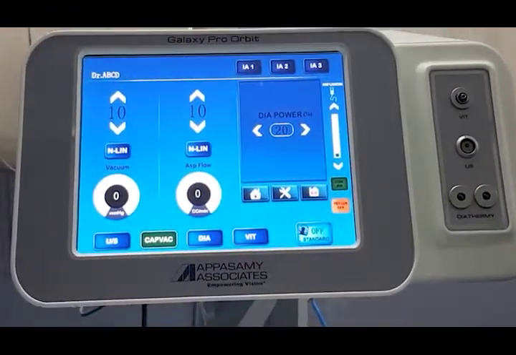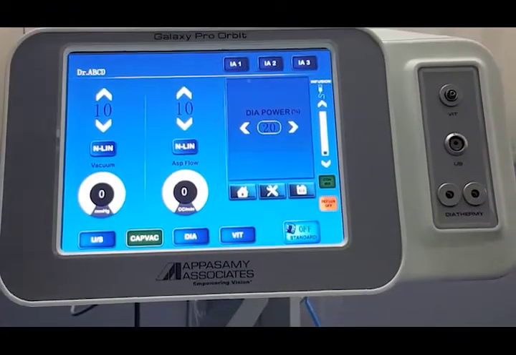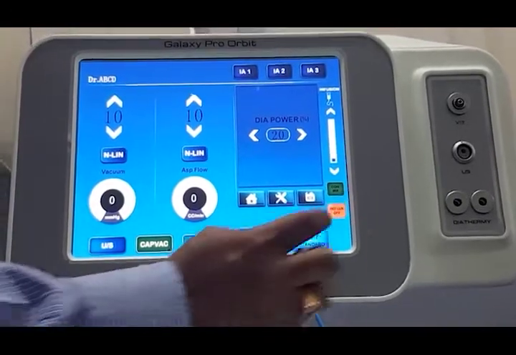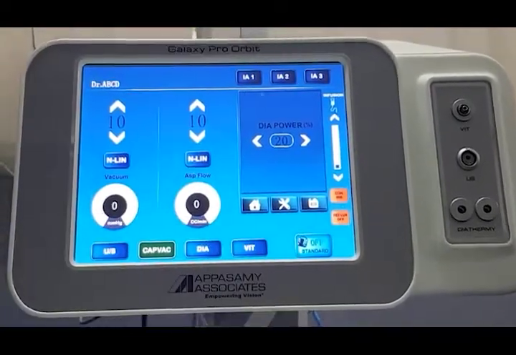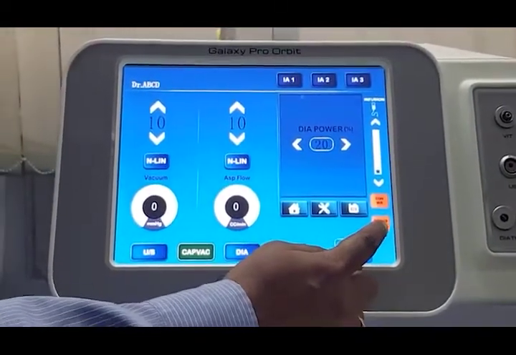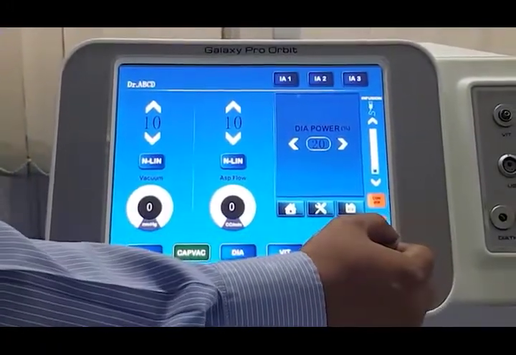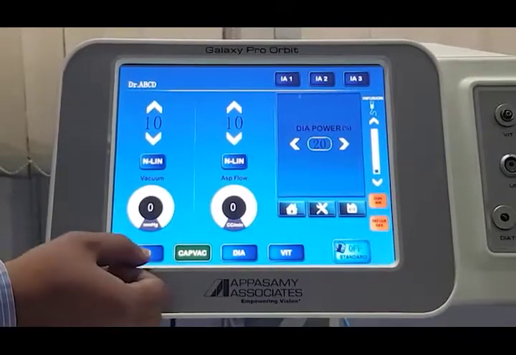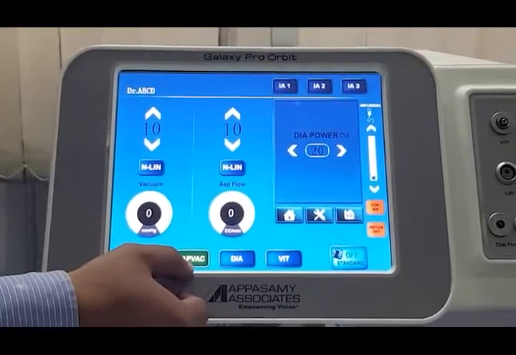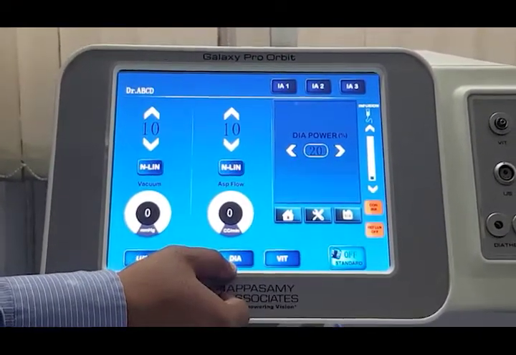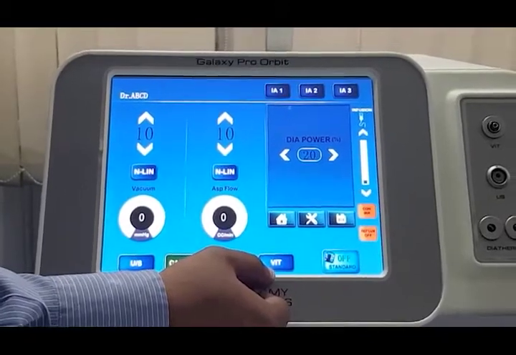Now, without pressing the pedal, the irrigation is always on. If you don't want the feature, you can switch it off. And then this is the reflux indicator. Whenever you are using the reflux, it is highlighted here. Now, this is the US mode selector, CAPAC mode selector, diathermy selector and vitrectomy selector.